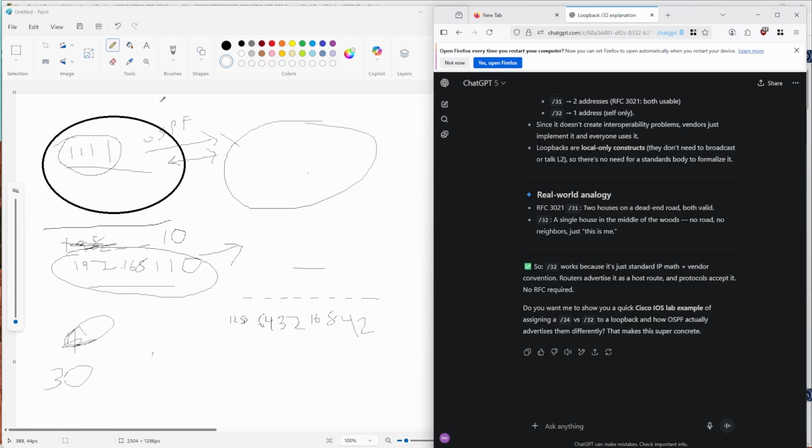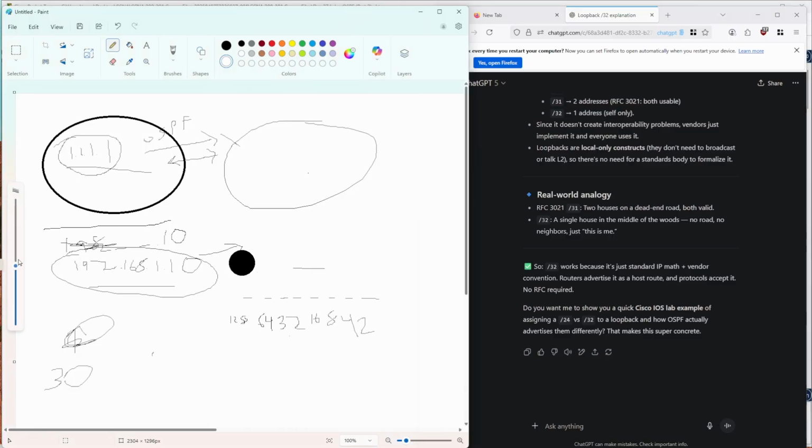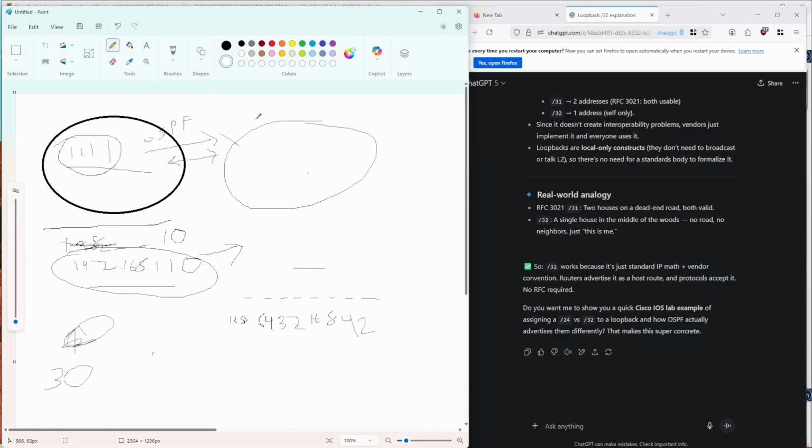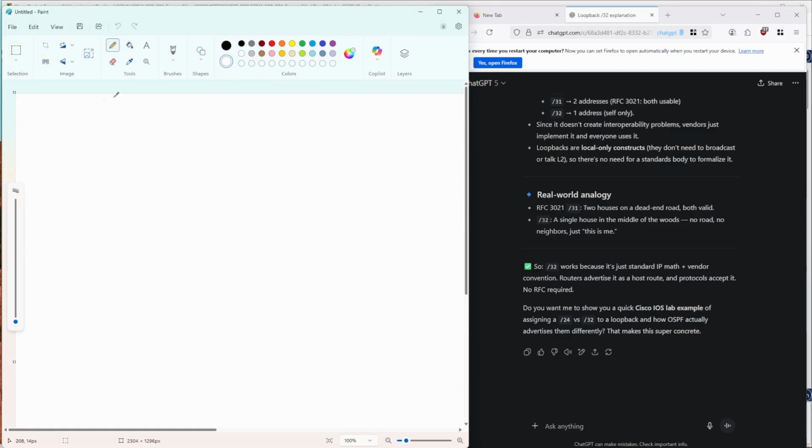So let's say you have, there's got to be a better, what is this? There's got to be a better program than Windows Paint can use, but maybe Microsoft Whiteboard, I don't know. Some point we'll deal with that, but